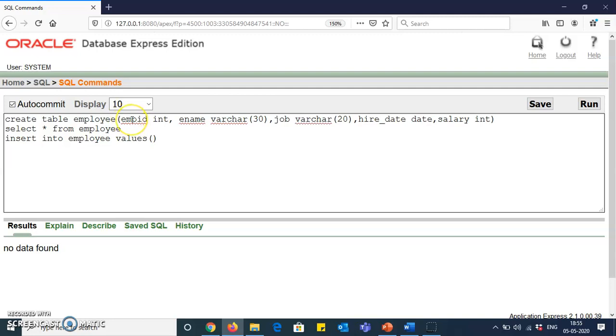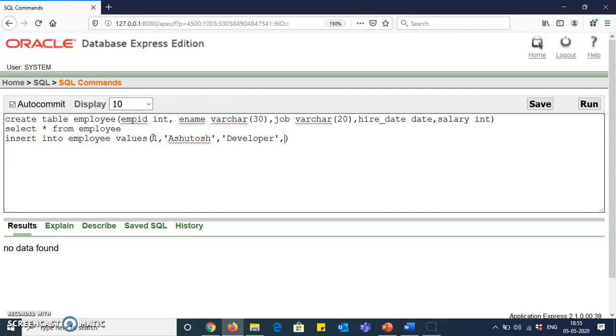Next step is I need to insert the details. Now first, values means what? Values means specify the value for a particular column. So the first column is EMP ID, which is of type integer, so I need to enter an integer value. Second is ename. Ename is a character value or varchar, so you need to specify it under single quotes. Suppose I give a name. Next is job. I need to insert the job, again a varchar in single quotes, that is developer.